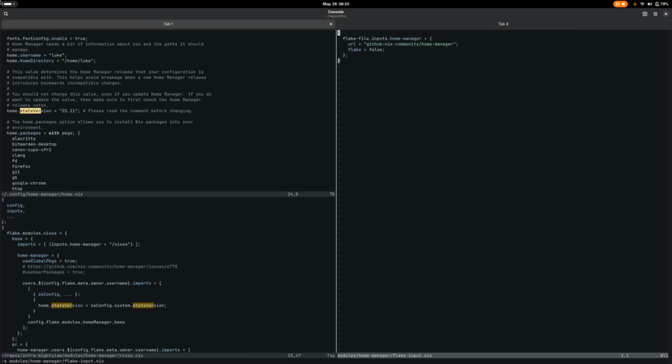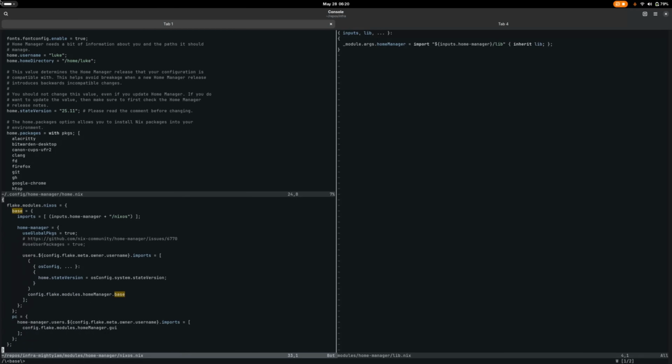It's going to import this base thing, which we have yet to create, in a new context. This base is inside of NixOS. So I guess the NixOS base is importing home manager base in addition to that state version, and